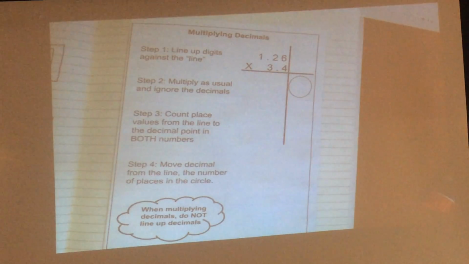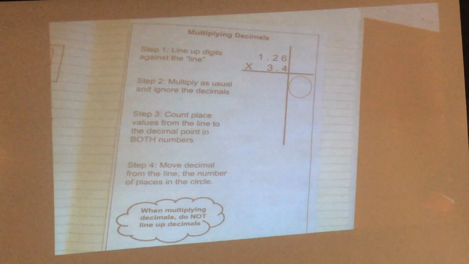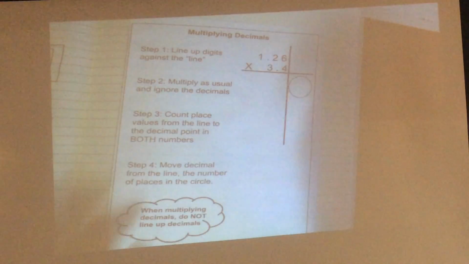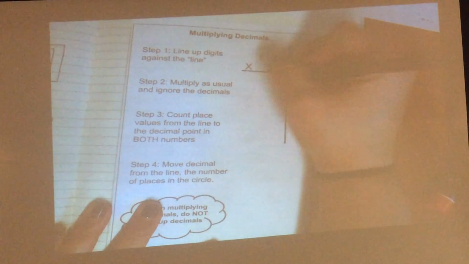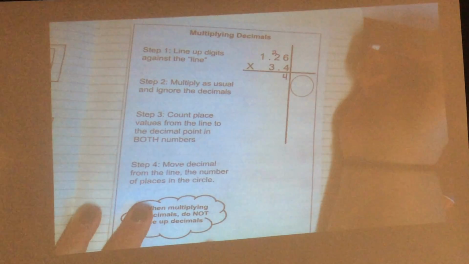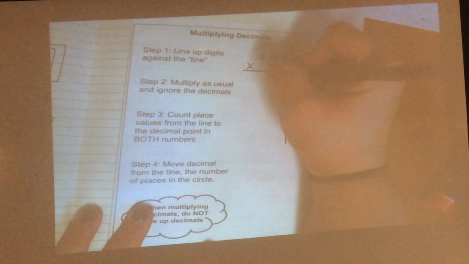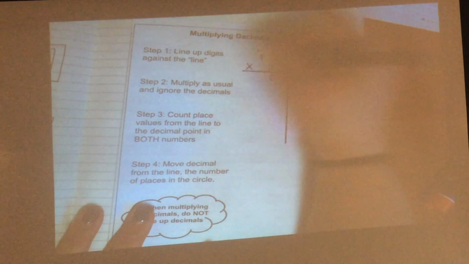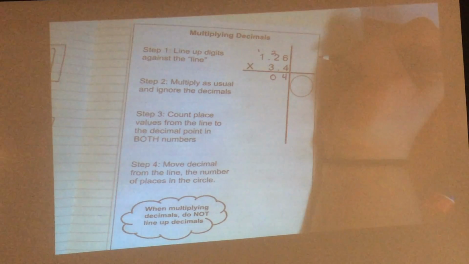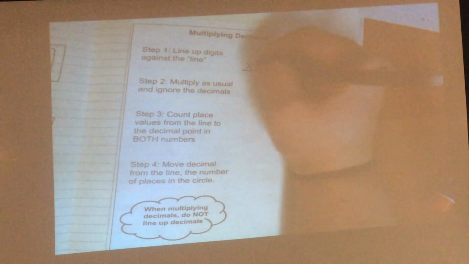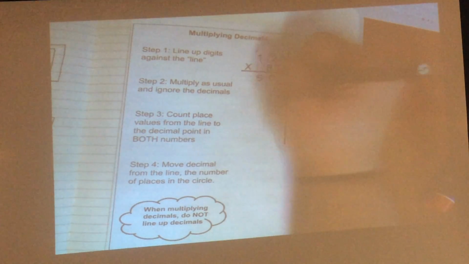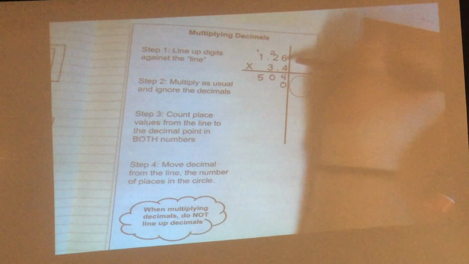Step 2 says to multiply as usual and ignore the decimal places. So 6 times 4 is 24. Put my 4, carry my 2. 2 times 4 is 8. 8 plus 2 is 10. Put my 0, carry my 1. 1 times 4 is 4. 4 plus 1 more is 5. What am I going to start row 2 with? A 0. Okay? 3 times 6 is